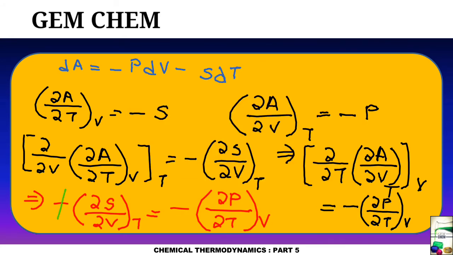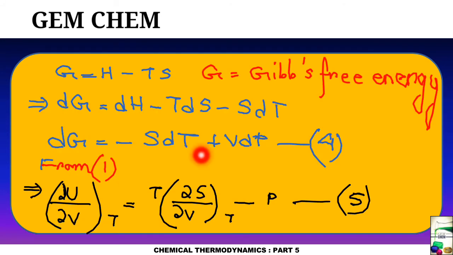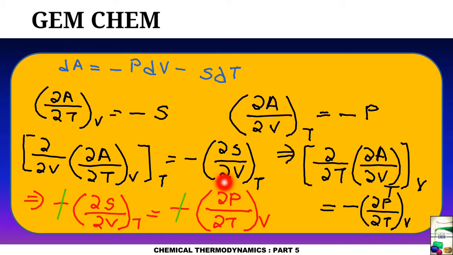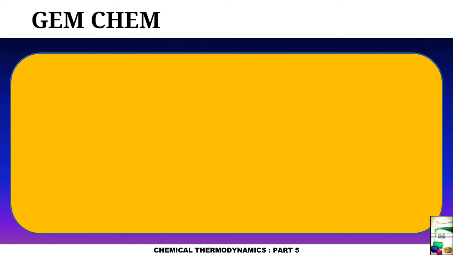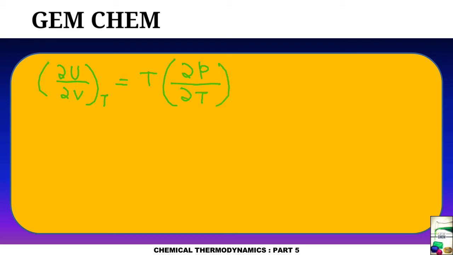And if we look carefully, this minus minus gets cancelled. So ultimately we get these two as the same. And from 1 we have obtained this one. So delta S by delta V at constant T we will substitute by delta P by delta T at constant V. Okay, so let us substitute this. So we can write it as delta U by delta V at constant T is equal to T delta P by delta T at constant V